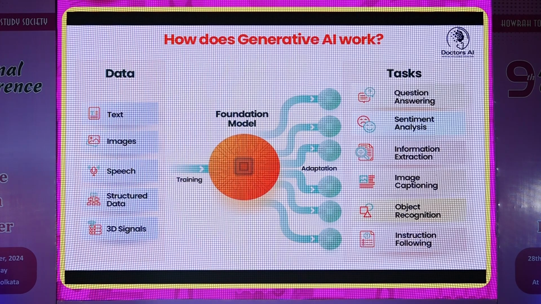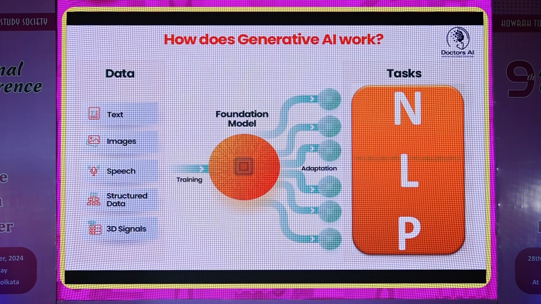And eventually you get the response in the form of sentiment analysis, information extraction, image captioning, object recognition. And all this together is done with the help of something called NLP, or natural language processing. What does it mean? In simple terms, you speak to the computer in your language, the computer converts it into its binary codes, but gives you the response back in your own language. That makes the use of AI and machine learning much more adaptive towards the human being and in all spectrum